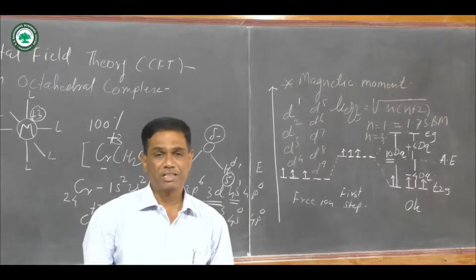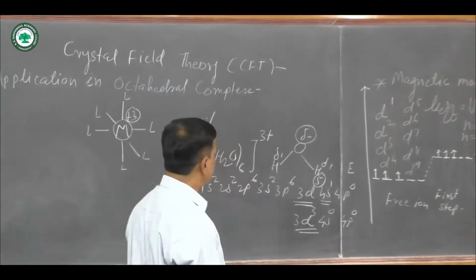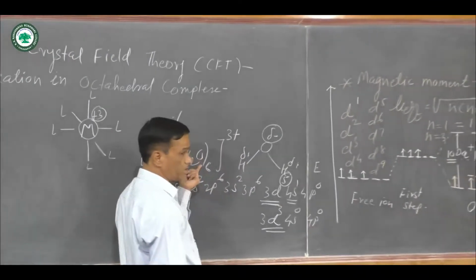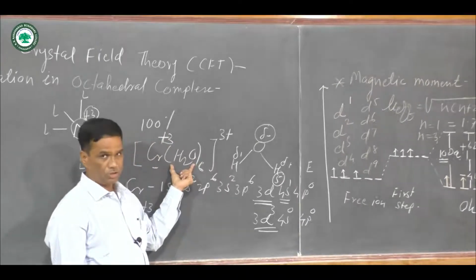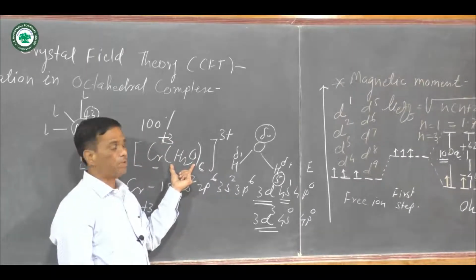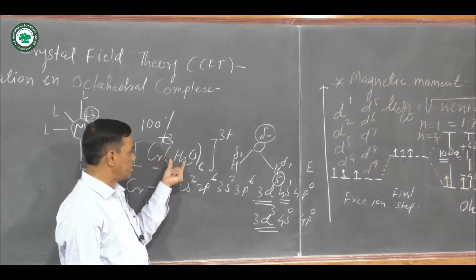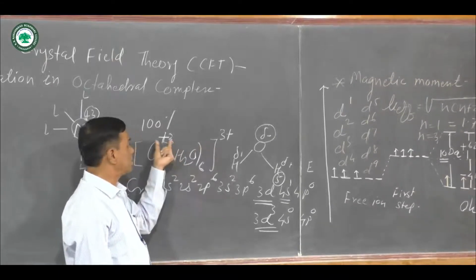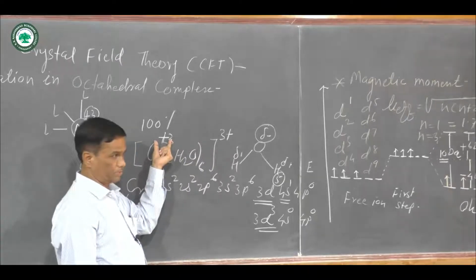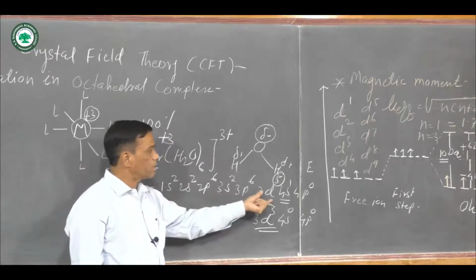Means various systems are there. These systems are determined from the charges on the metal ion. In this complex ion [Cr(H2O)6]3+, the charge on chromium is 3+. Ground state electronic configuration is